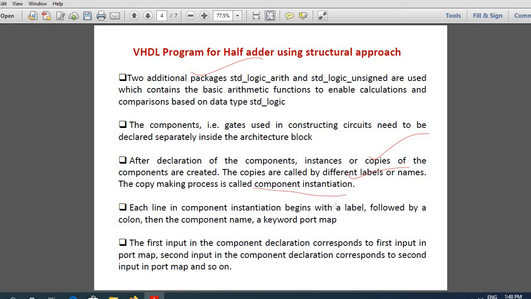So there will be a label for each of the copy, as I told you, x1, x2. Now the first input in the component declaration, where x, y, z were given, corresponds to A, B, sum in XOR gate and A, B, carry in AND gate. So for that you are using the keyword port map.